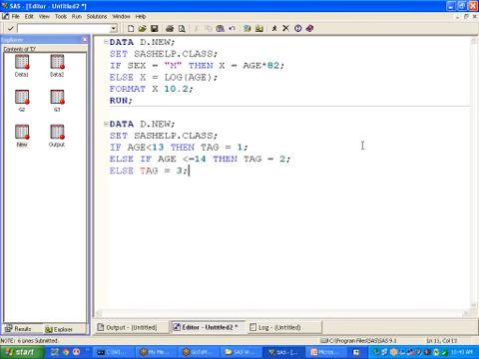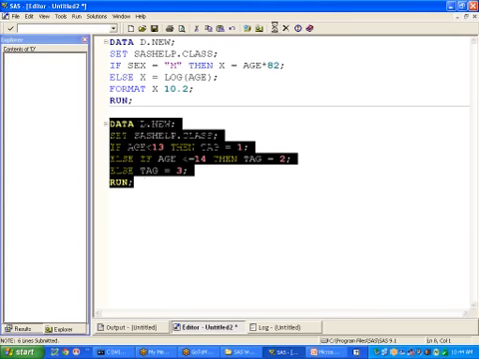How we write it is that if age is less than 13, then I create a tag which has the value of 1. Else if age is less than or equal to 14 — else if means only when the first condition is not satisfied do I go and check the second condition. So that automatically excludes people whose age is below 13. This statement means that among the rest, that is people whose age is greater than or equal to 13, if anybody's age is less than or equal to 14, then I create tag equal to 2, else tag is equal to 3. So else means anybody above 14. So if I do this,